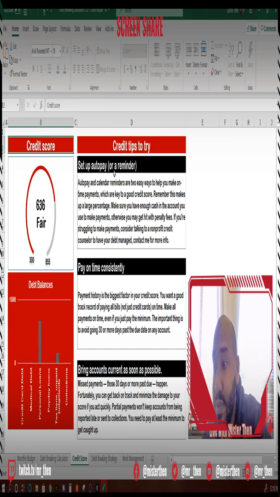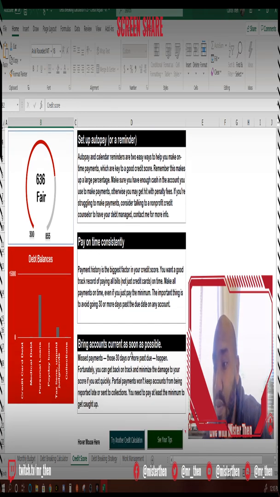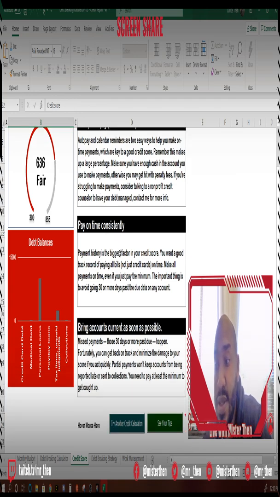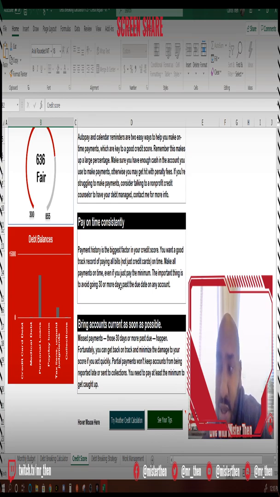And then here it gives you some generic tips on how to go ahead and improve your credit. Of course, most of them have to do with auto payments and paying on time and not missing any payments, because payment history is about 30%, 35% of your score. Also, utilization is very important, so the more you can pay down, the better. Then if you click see your tips,